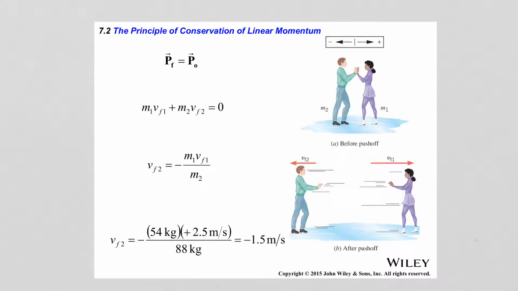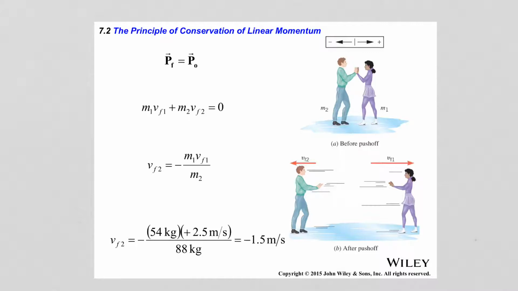So therefore the final momentum of the system of 2 bodies is equal to the initial momentum of that system. The initial momentum of the system is equal to 0 because the 2 are not moving initially. They have initial velocities of 0. The final momentum is equal to the final momentum of the woman plus the final momentum of the man. From here,